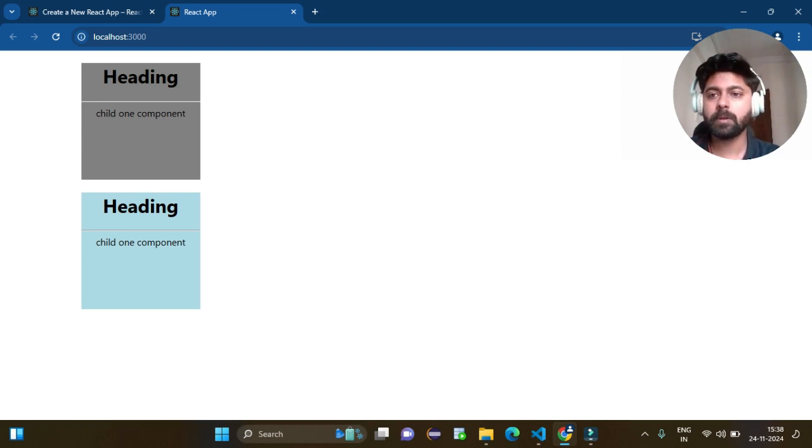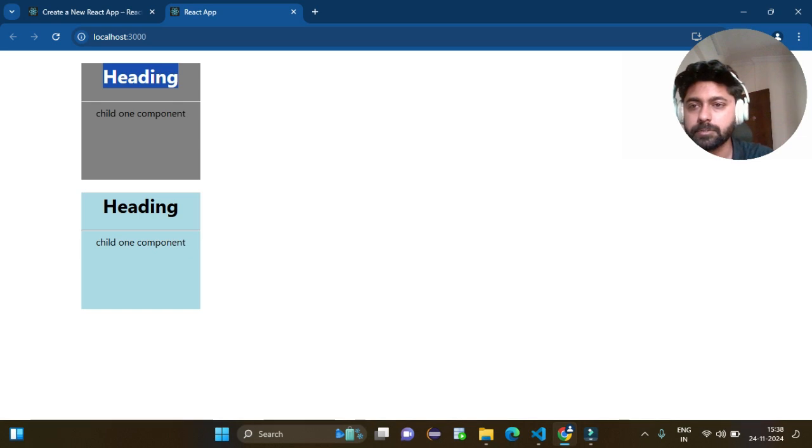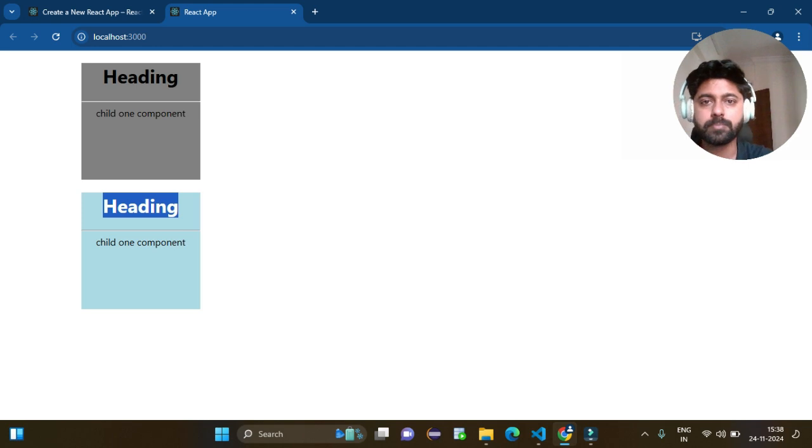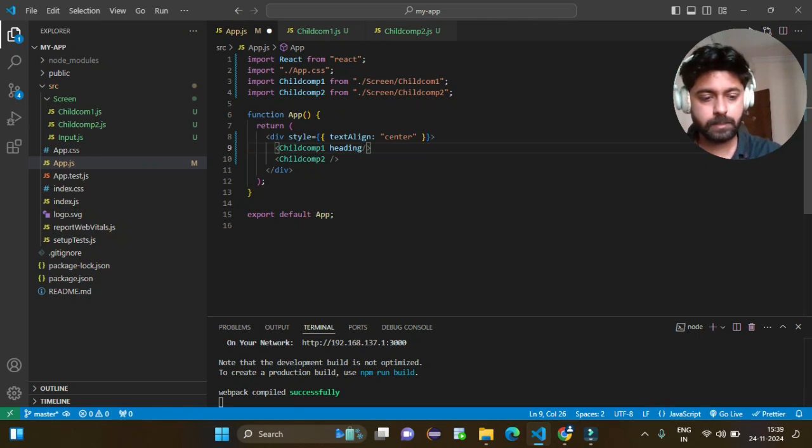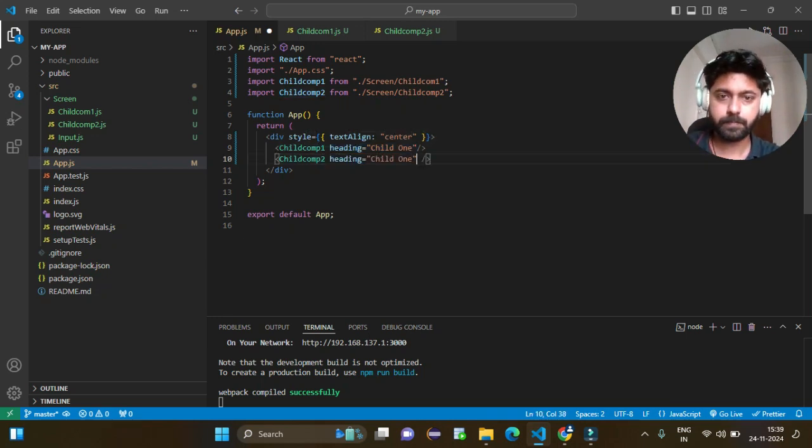So what we'll do, we'll pass a different heading for this child 1 and child 2 from the props, and then we'll see how this props or the data is getting mapped over these two different components. So let's go to the parent component and then let's try. We'll do the heading. We'll pass this heading as child 1, and then same, copy this, child 2,